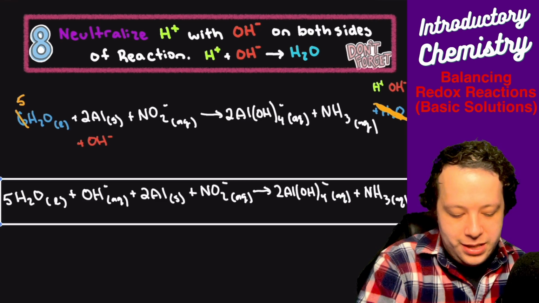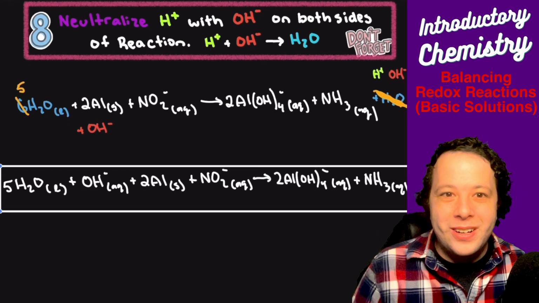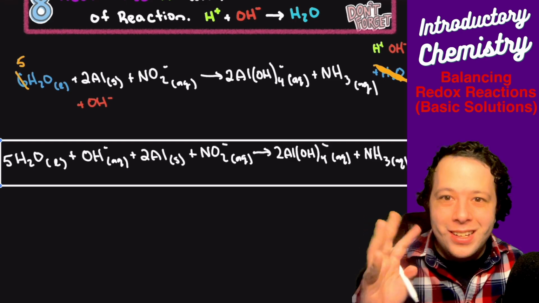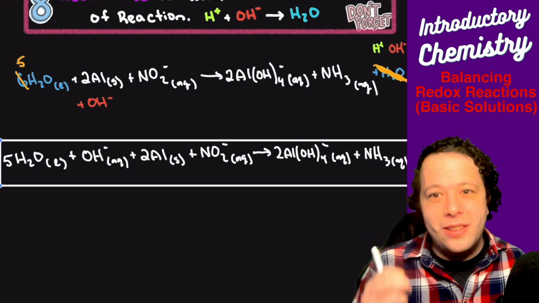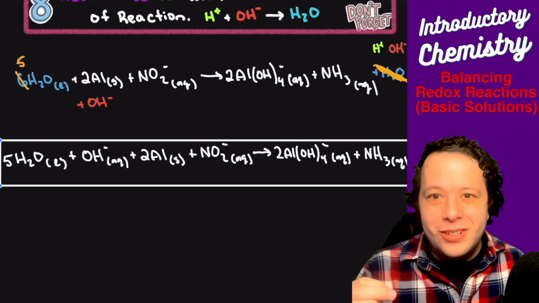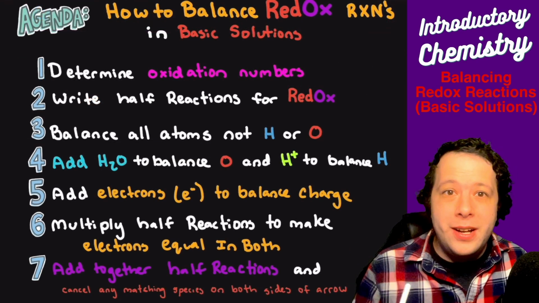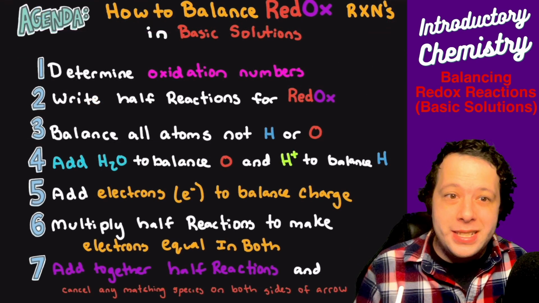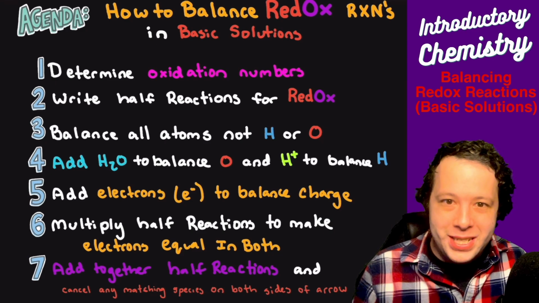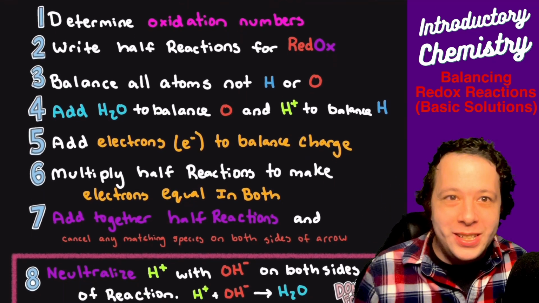So notice that that is quite a bit of work, and it looks insane. So let's review all of our steps so that you can write them down and try to do this on your own for your future problems. So this is all of our steps for how to balance a redox reaction in a basic solution. But keep in mind, I'm kind of missing that last step here. So let me scroll down for a second.